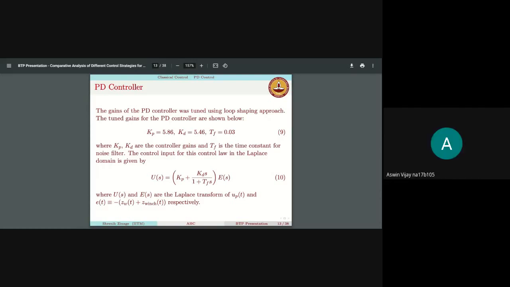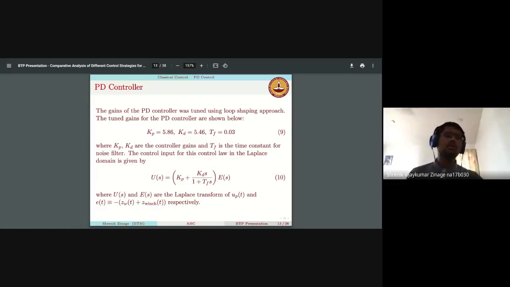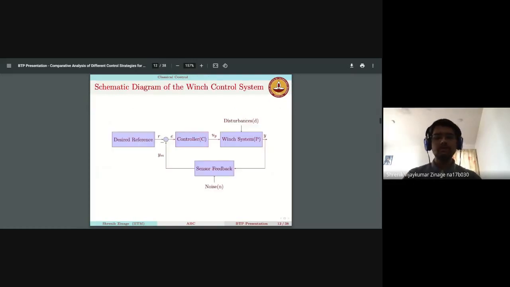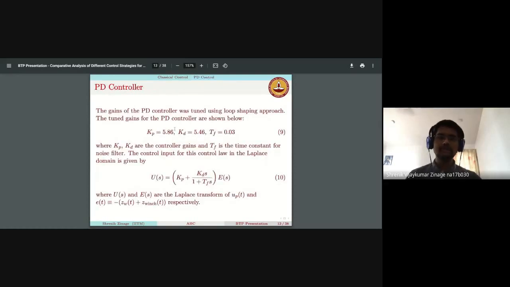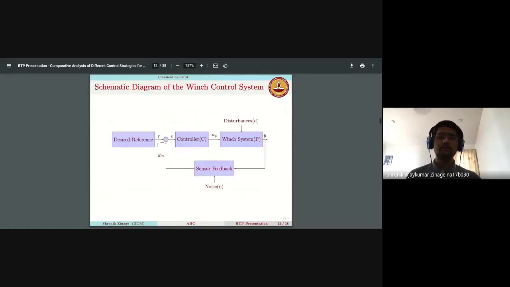Did you model the system in Simulink and try to use this approach? No, I didn't use Simulink to tune this. I used some MATLAB code in order to do the loop shaping tuning, and then implemented it on a Simulink model. So once I had the tuned gains, I implemented them on Simulink through the system.